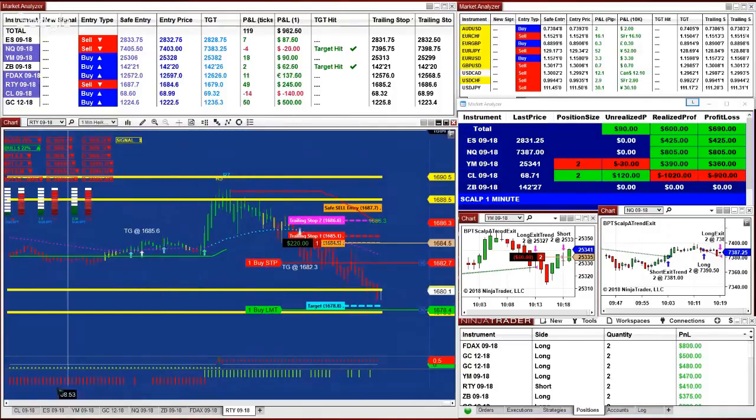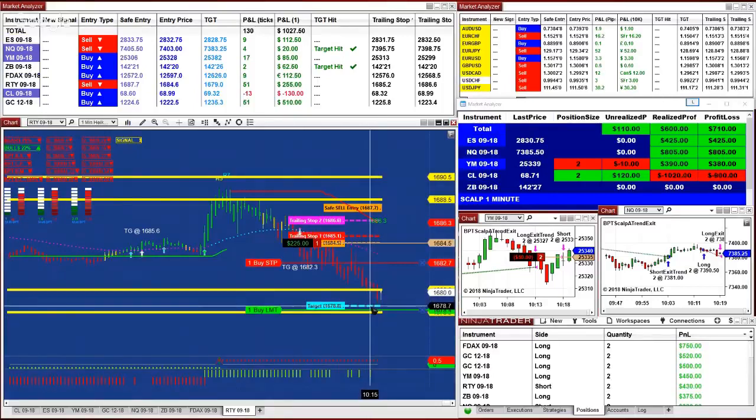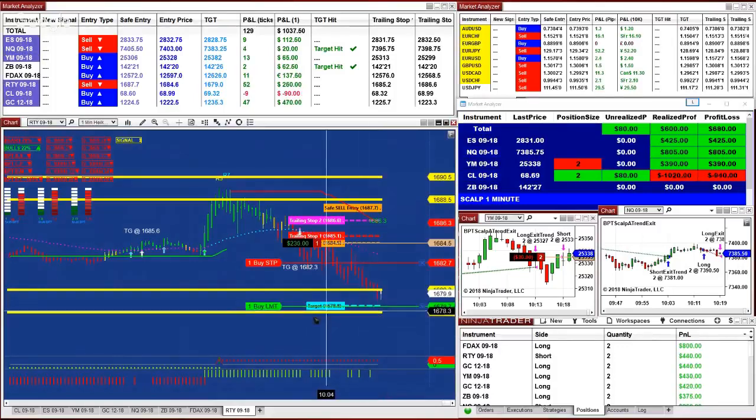So it doesn't matter if we are looking at the YM, ES, you can see the market came in right in line to the target. Sometimes you're going to be missing one tick. So here's the problem when you are using a fully automated trading, and your fully automated trade is going to be on a 78.7.